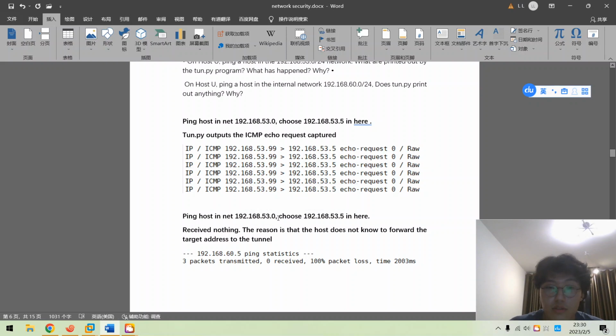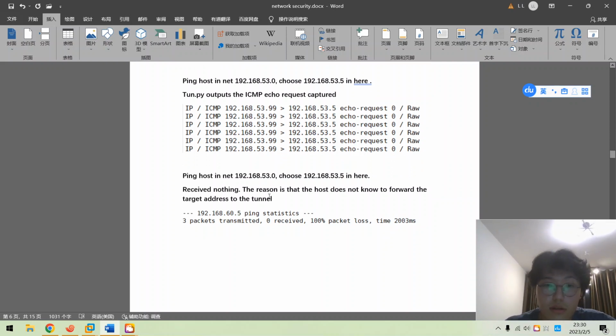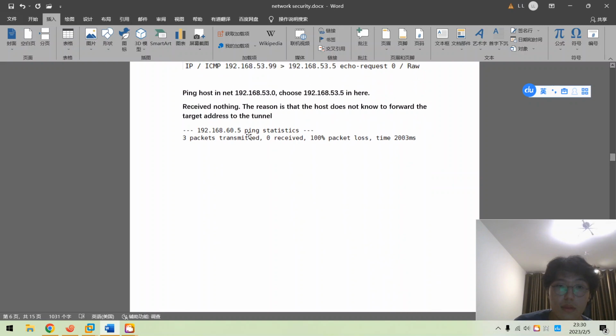This IP, I choose the host IP is 5. And I don't receive anything because the host doesn't know how to forward the destination address to the terminal. You can see that